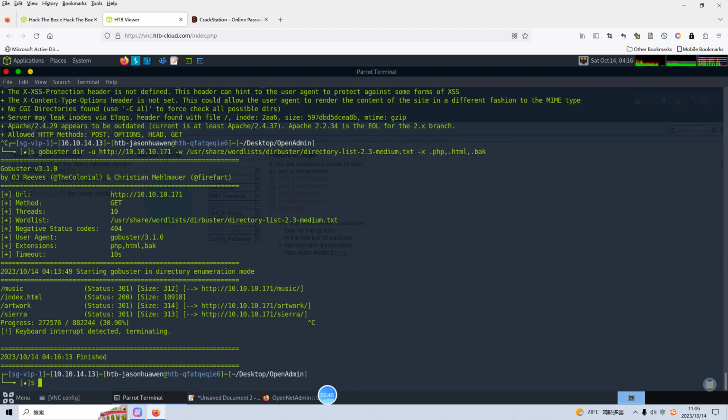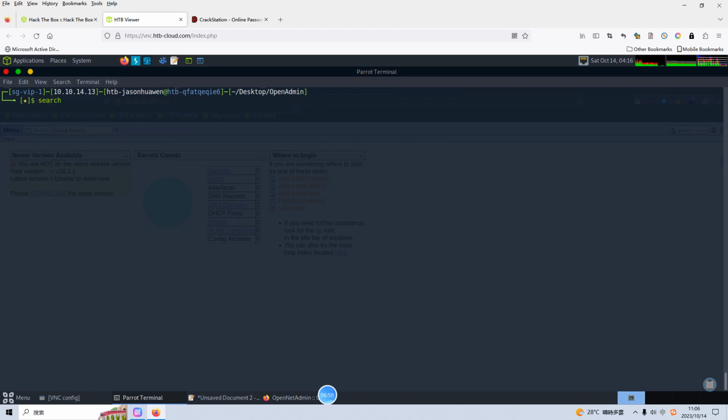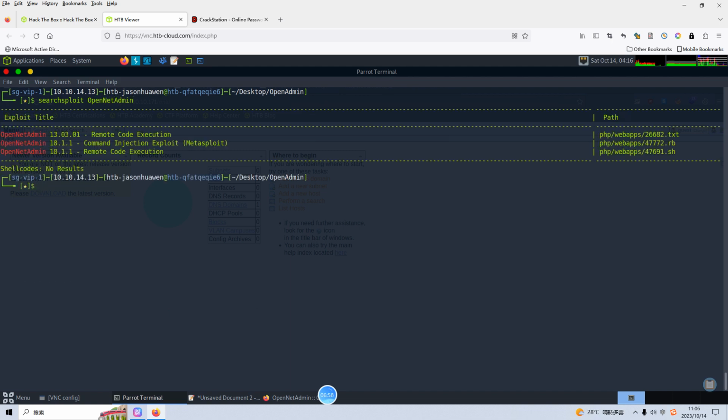And also we can get the version information, very, very important, right? And now we can use the searchsploit utility to see whether we can find the OpenAdmin application. From the version information, I think we can use this one or this one. But as I stated in the other video, if Metasploit has a corresponding module, that should become our first choice to